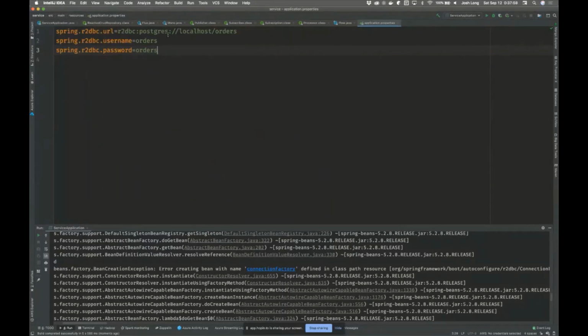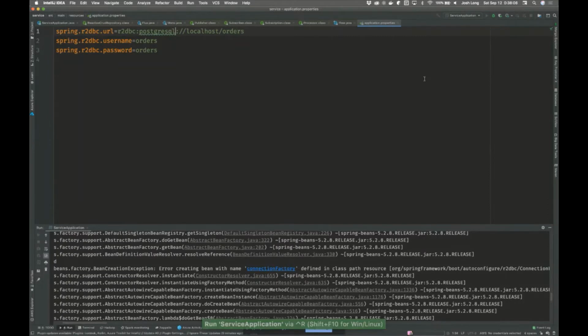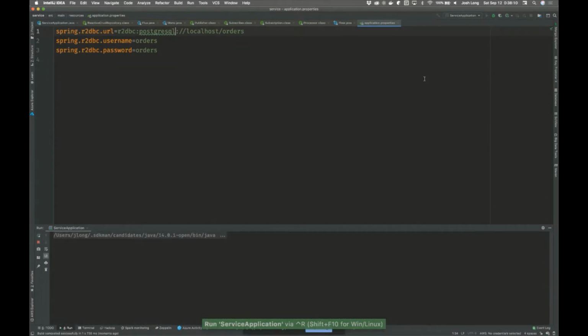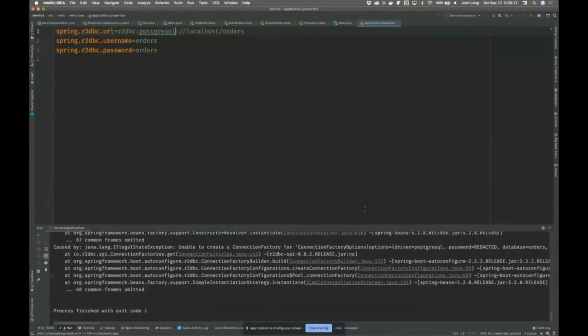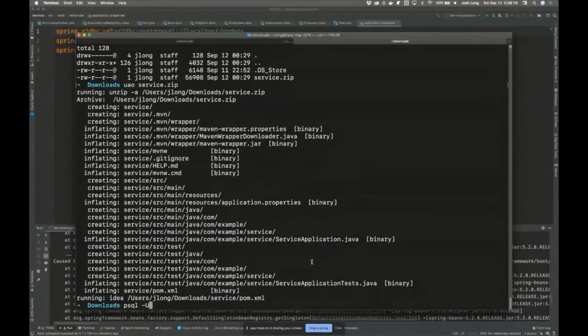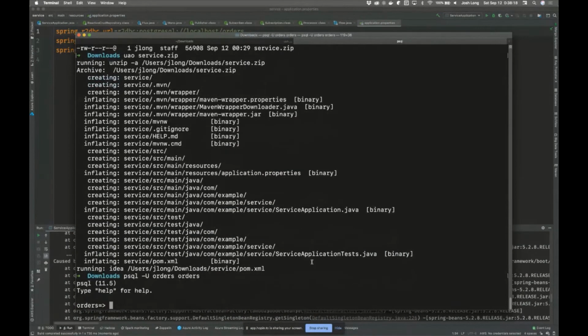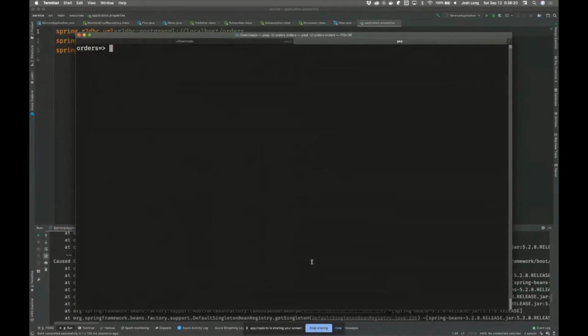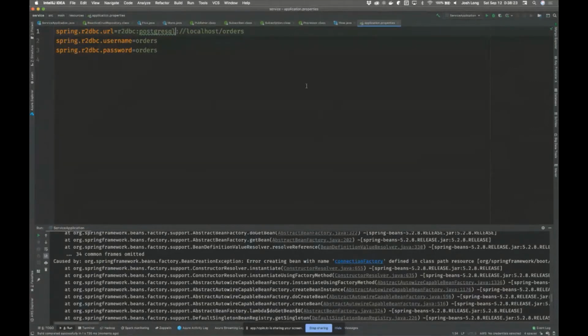R2DBC, localhost, PostgreSQL. Is it? I never remember. What's the issue here? R2DBC.